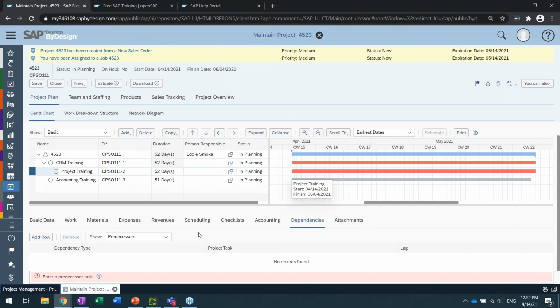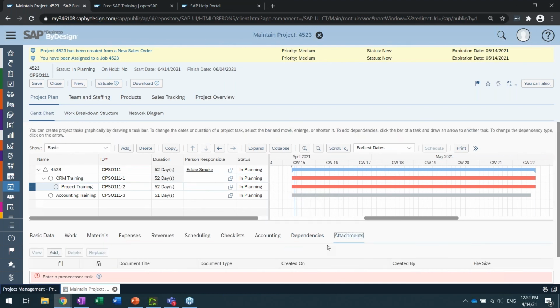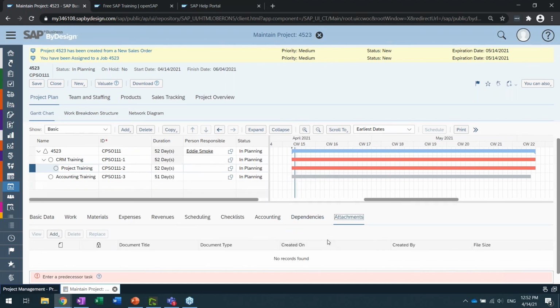So I think what that question is getting at is, here we're defining the project plan, what needs to be done, but in terms of maybe requirements documents or sign-off documents, the artifacts of the project, I think that's what we're getting at here. So ByDesign provides you the ability to attach anything that you want to. The two things we could touch on: